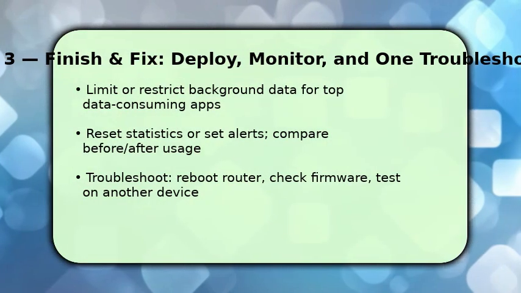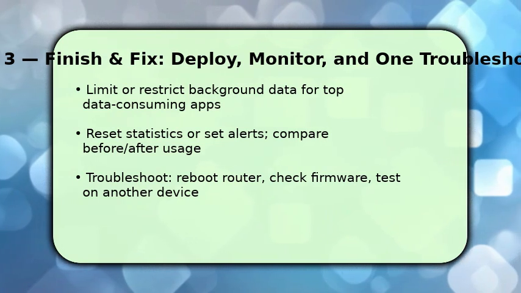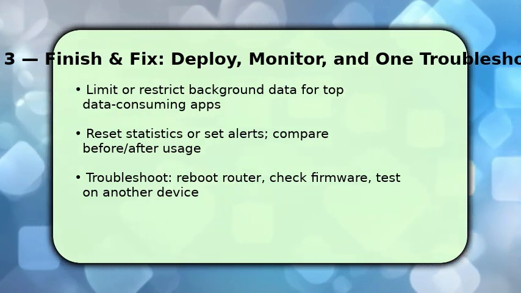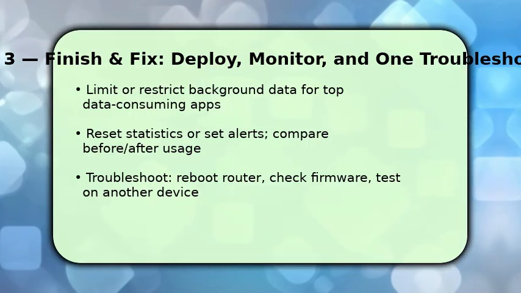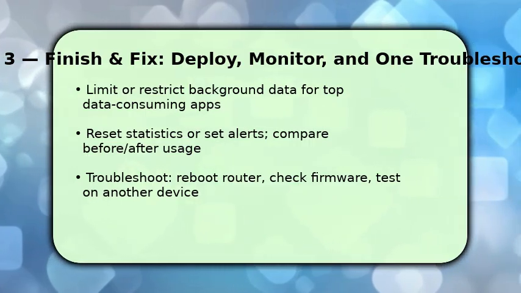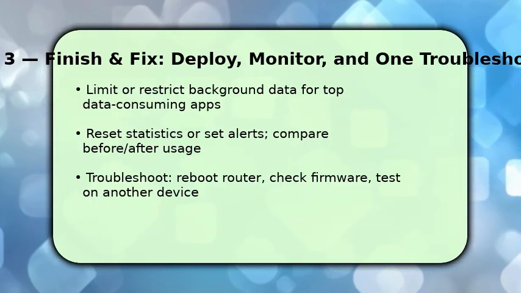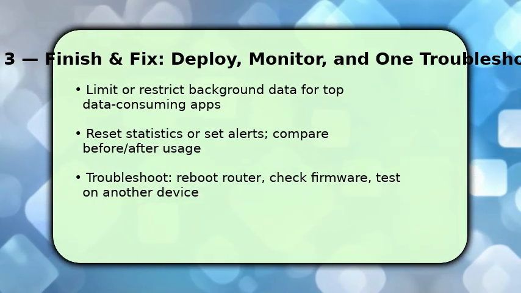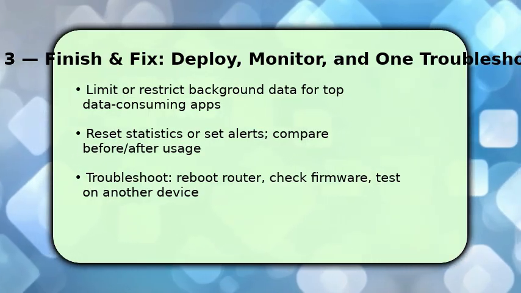Now take action. Restrict background data, set app permissions, or uninstall offenders to stop future consumption. Reset statistics or create alerts so you can easily compare before and after changes. This proves effectiveness. If numbers look wrong, reboot the router and device, check router firmware, and test usage from another